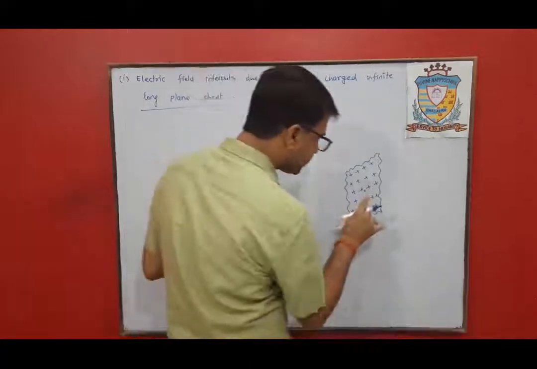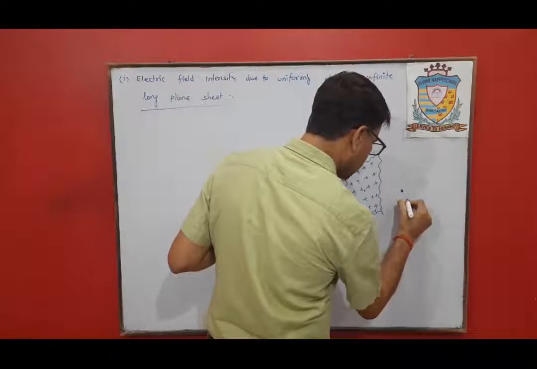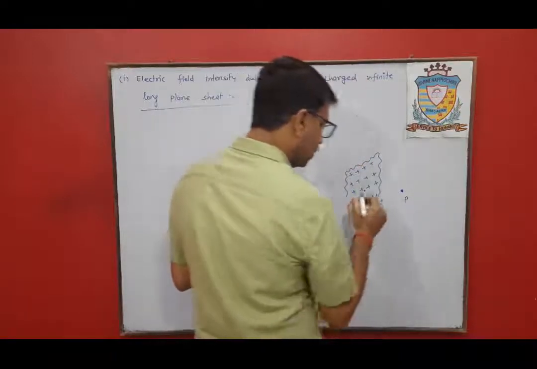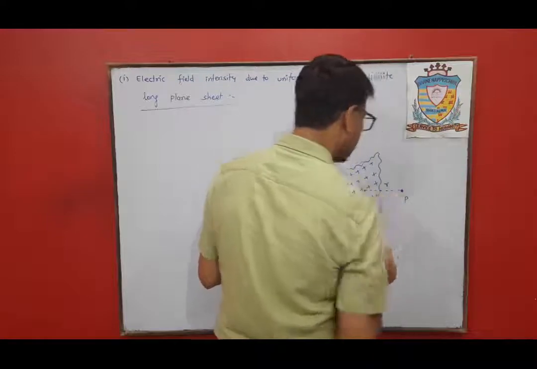We have to find the electric field intensity at point P, which is at a distance of R,